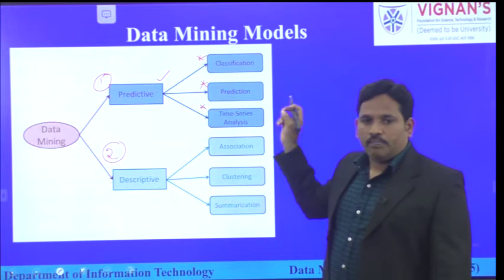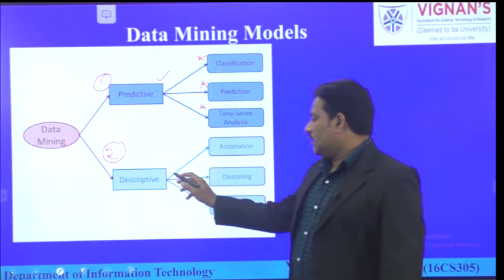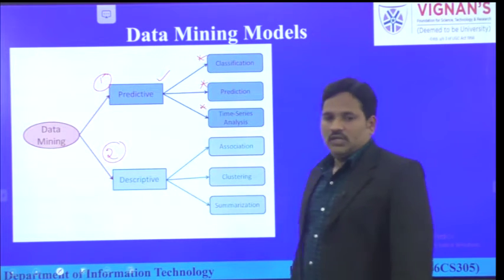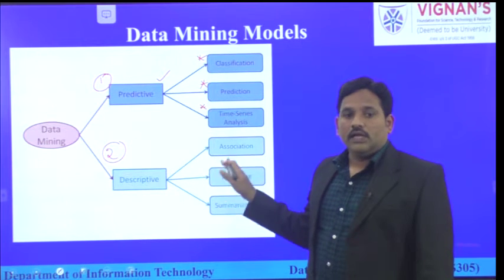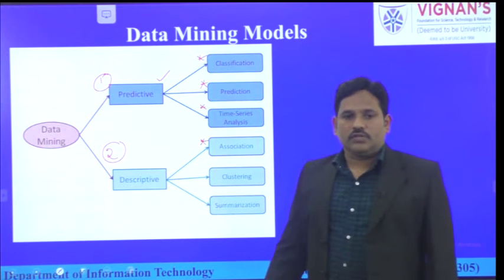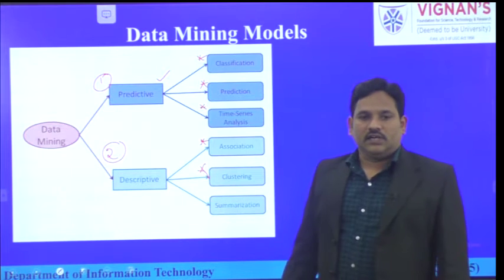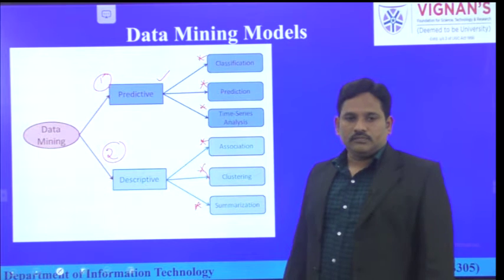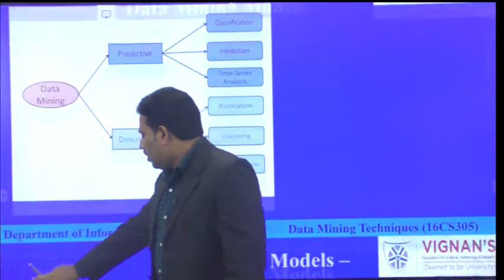So whenever we are trying to predict something, we can apply predictive approaches. And the second type of data mining techniques are descriptive. In this descriptive approach, we are not trying to predict something; we want to extract some information in a summarized manner. Like we want to analyze association rules in shopping applications. How can we apply the clustering techniques in order to extract the knowledge, and what are the advantages of summarization? So each and every technique is going to be discussed in detail. Let's have a look at this.